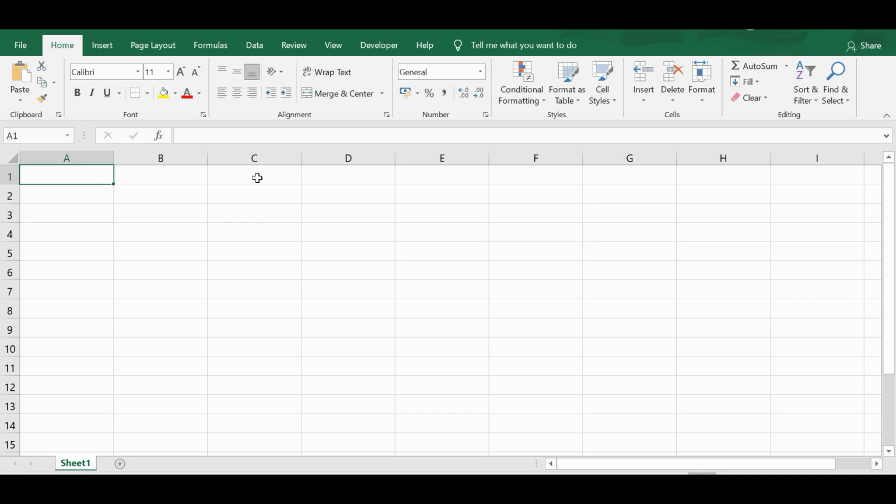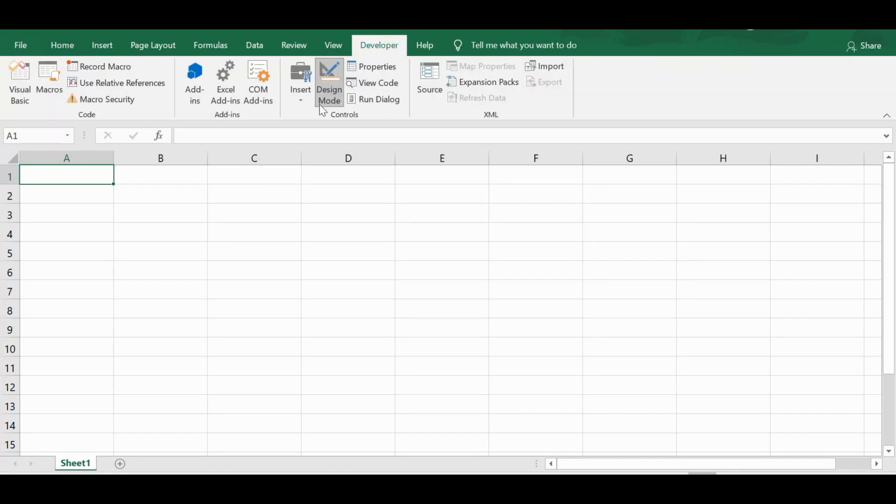To create a new workbook, we can use the Workbooks.Add method. Let's understand this with an example. I want to create a new workbook in a folder using VBA code. So I'll go to the Developer tab, click on Insert, and from ActiveX controls, select Command Button and drag and drop it here.